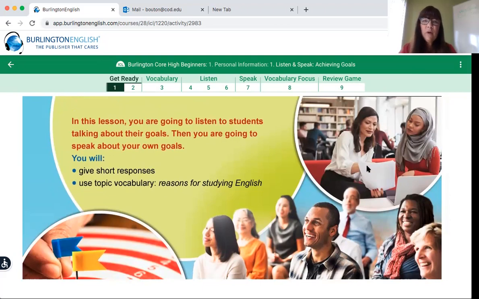So for everyone here, we talk about goals in school. Your goal should be to move to the next level of the English language class, okay? ESL, English as a second language, or sometimes they call it English language acquisition. Your goal for our 16-week class should be that you want to have moved from the high beginner to the low intermediate, the next level.